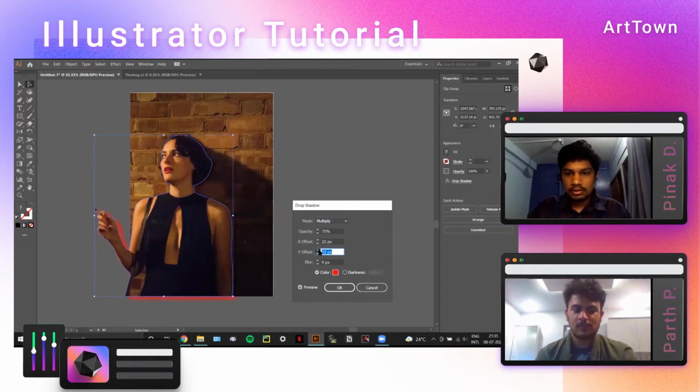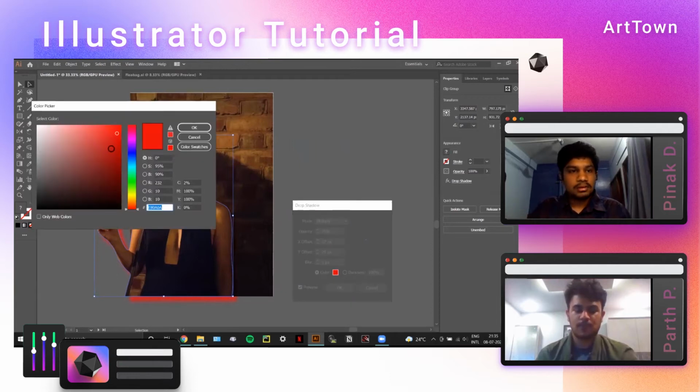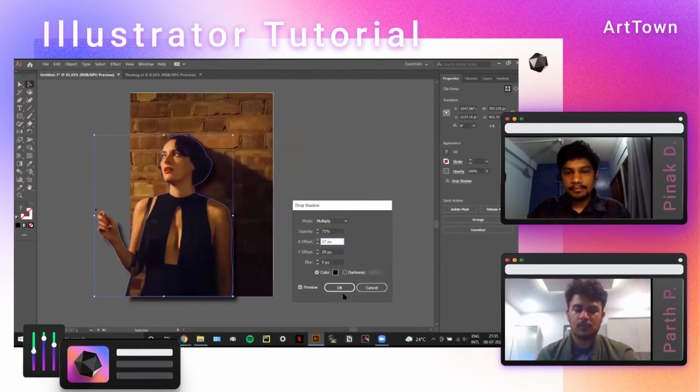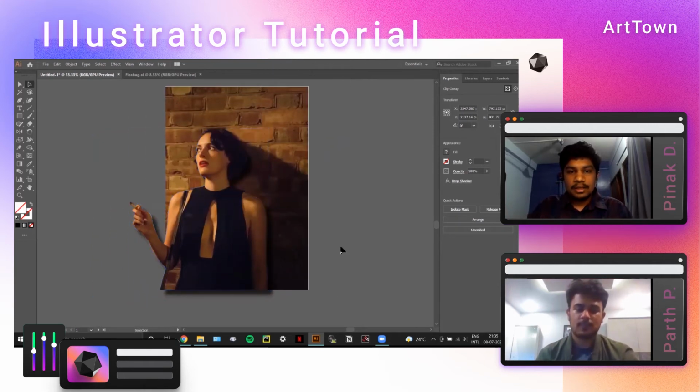So increase it a lot, I guess here. So now it's visible. So red is not a perfect color to choose. So mostly go with black and apply. So now I get a much more...